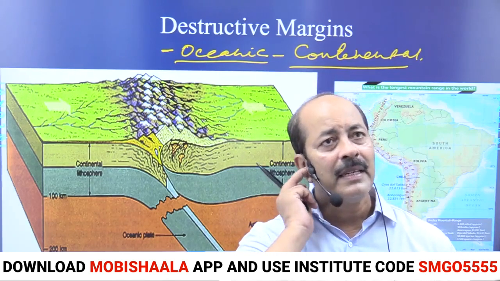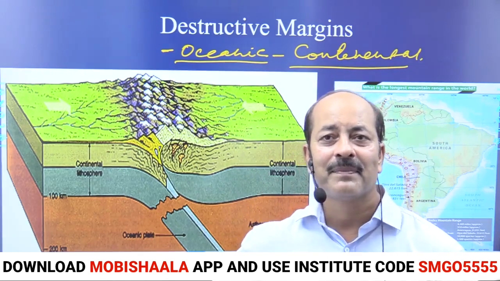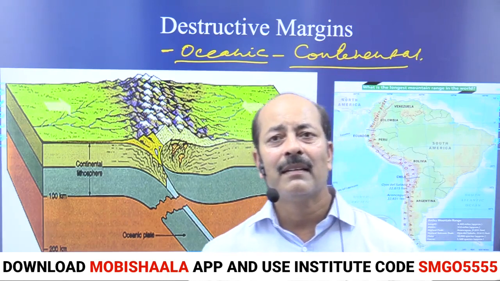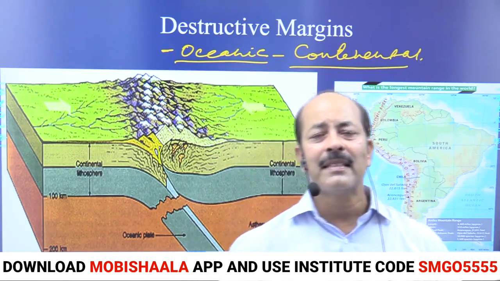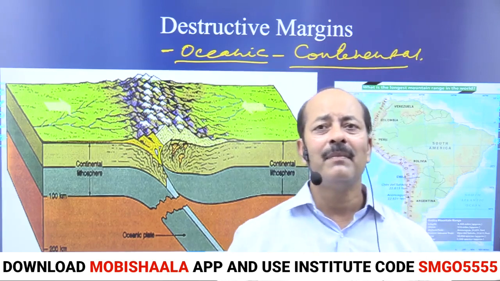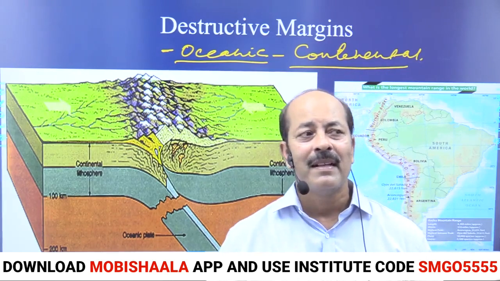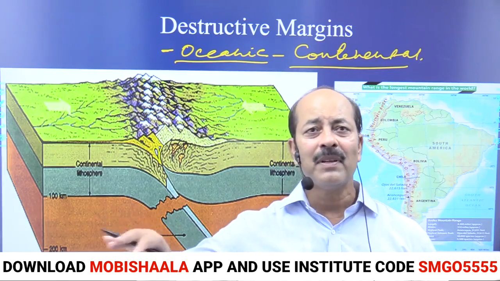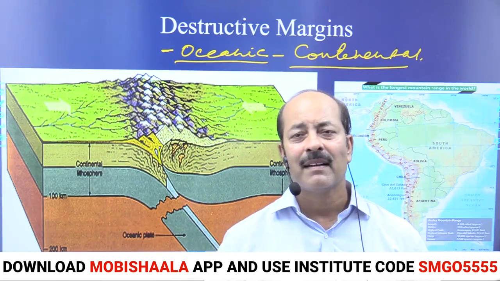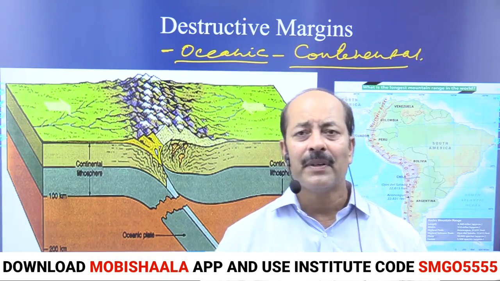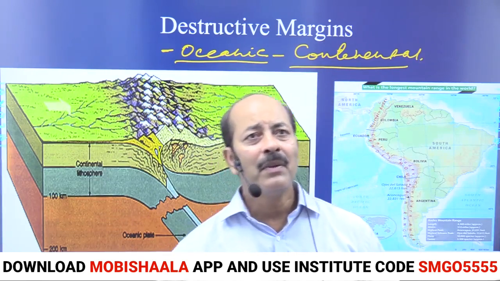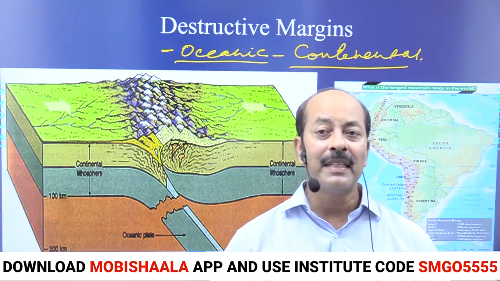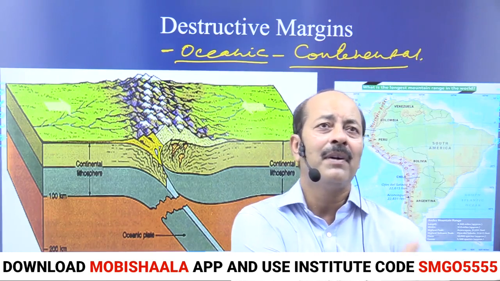See, in geography there is a rule: the highest area will have low density and the low area will have high density. Suppose a mountain area will have less density and the oceanic bottom will have more density. And according to the theory, people believe that the lower part consists of dense rock and the higher part belongs to the